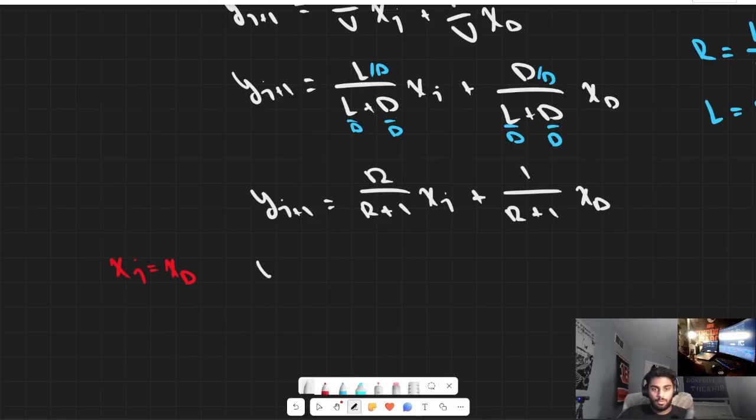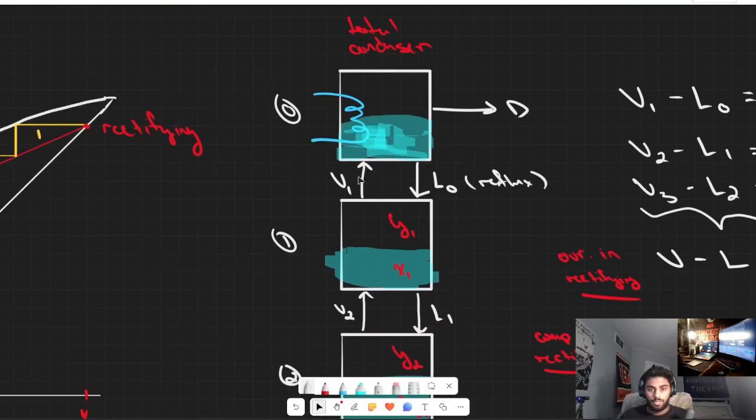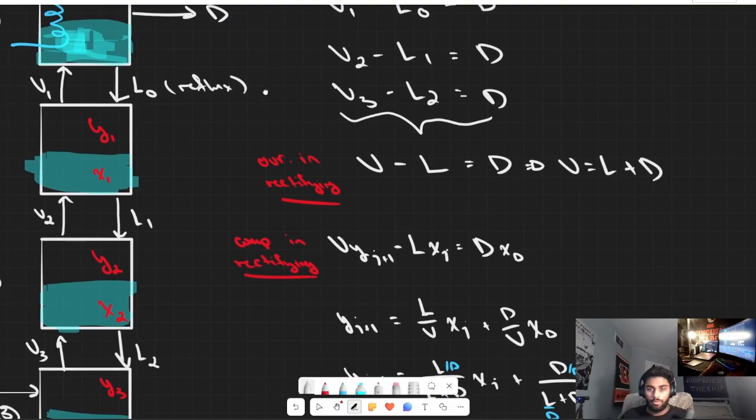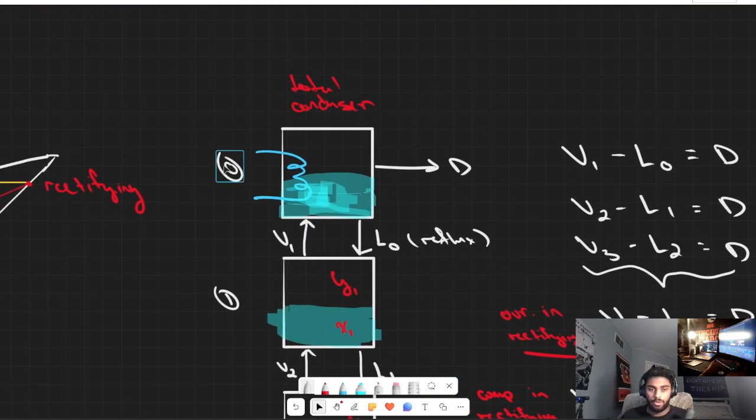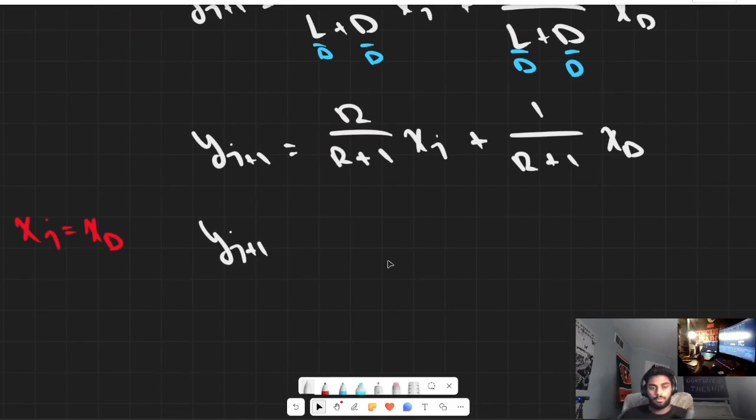So in that case, the vapor composition of this component comes from the stage below, as we stated previously. So this is technically yj plus 1 over here, and then we have the distillate, which is just whatever is in that j stage. So if j equals 0, we have our y component 1 in our vapor incoming. So our distillate composition,